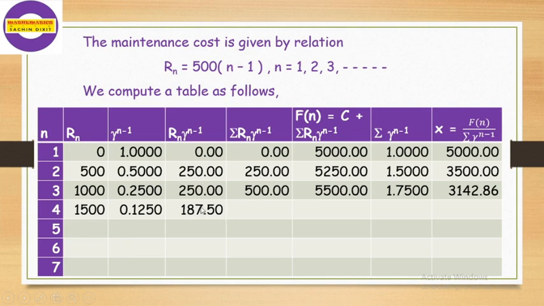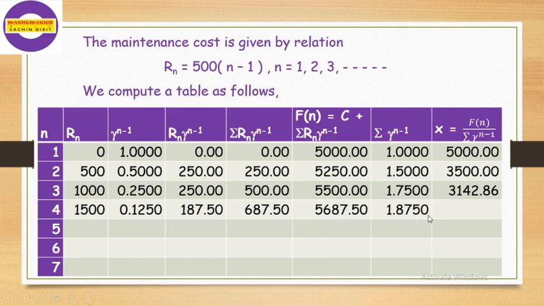187.50. We add it to this 500, we get 687.50. Then we add the cost of the machine, that is 5000, we get 5687.50. Then to find this sum of gamma raised to n minus 1, here it is 0.125. We add it to 1.75. So we get